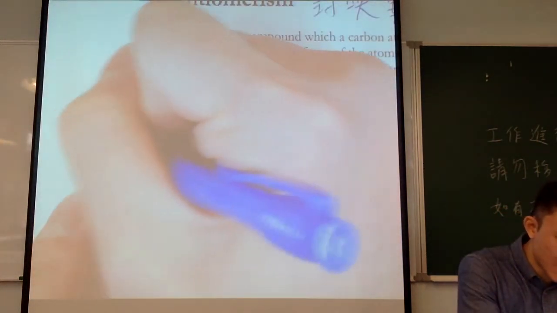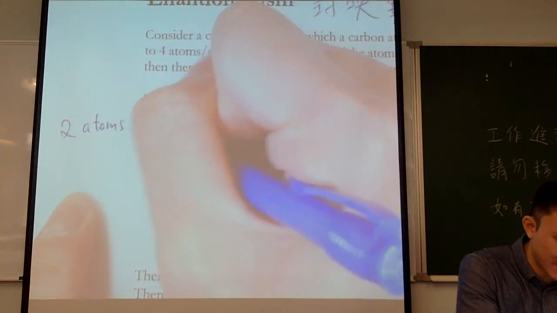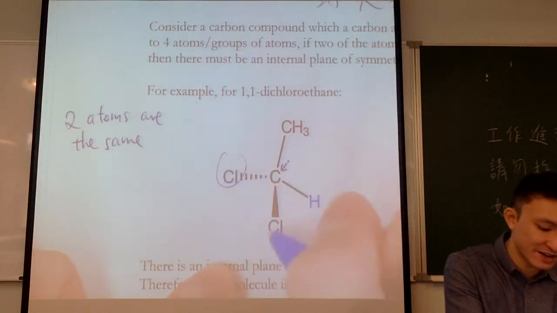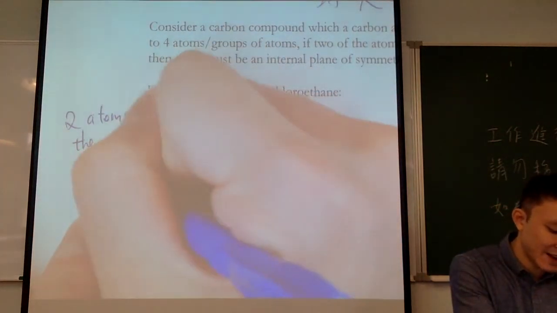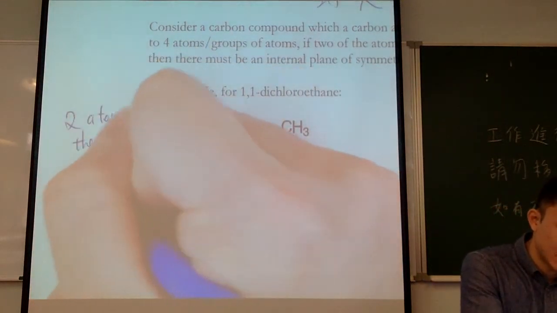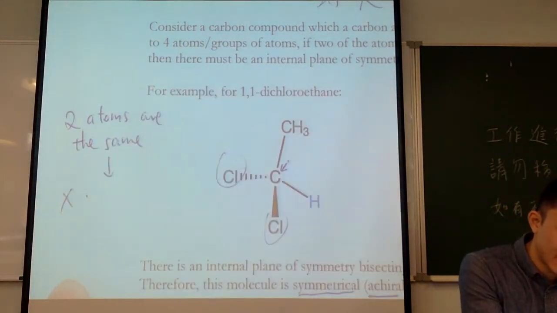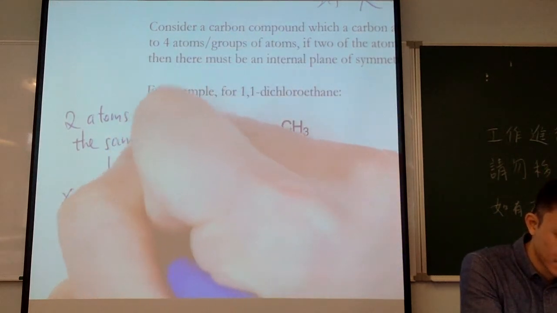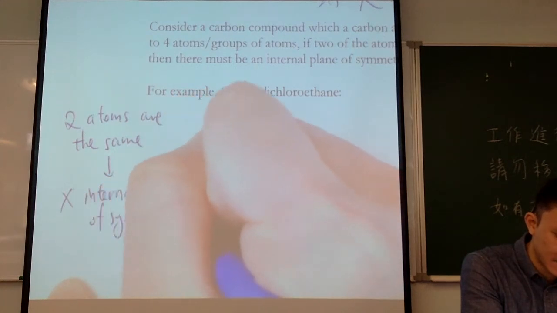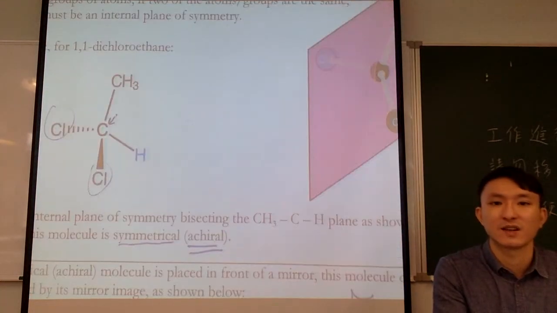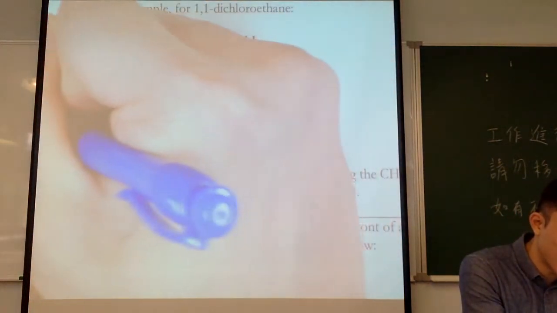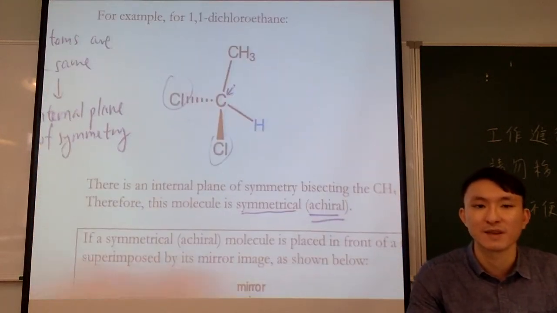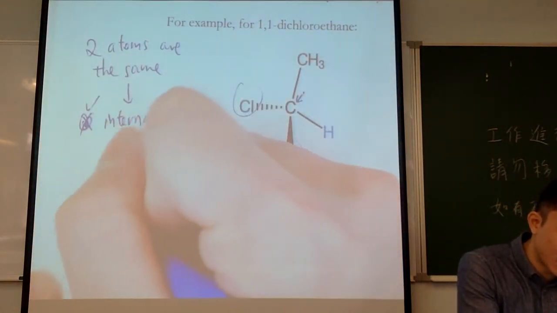When two atoms are the same, just now here, two atoms are the same, right here and here, then it does have an internal plane of symmetry, just like this. That means they are symmetrical,